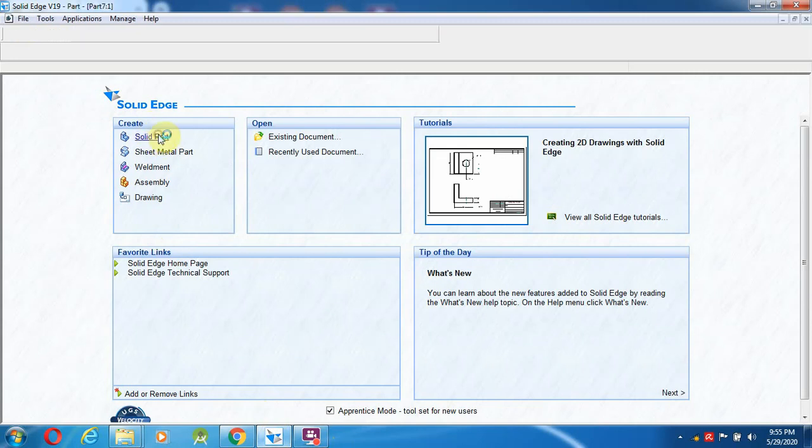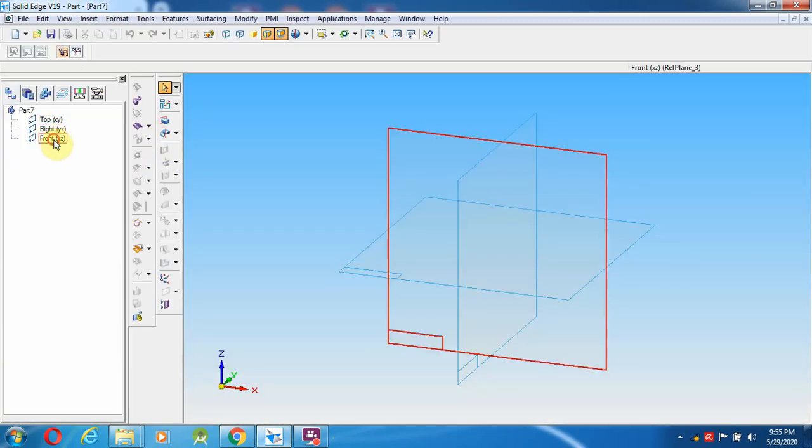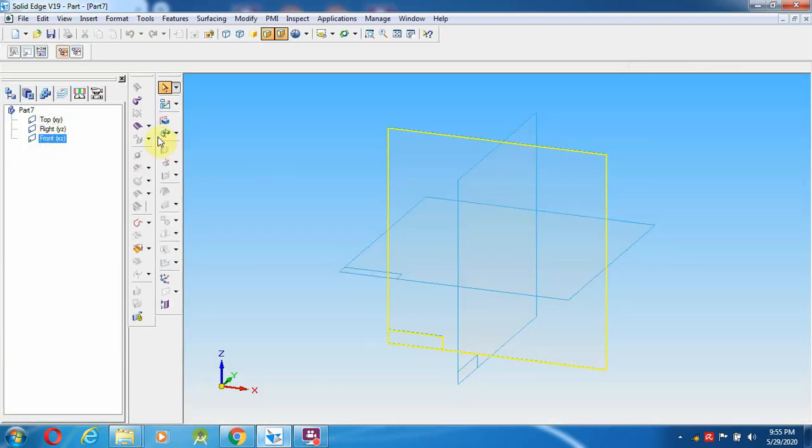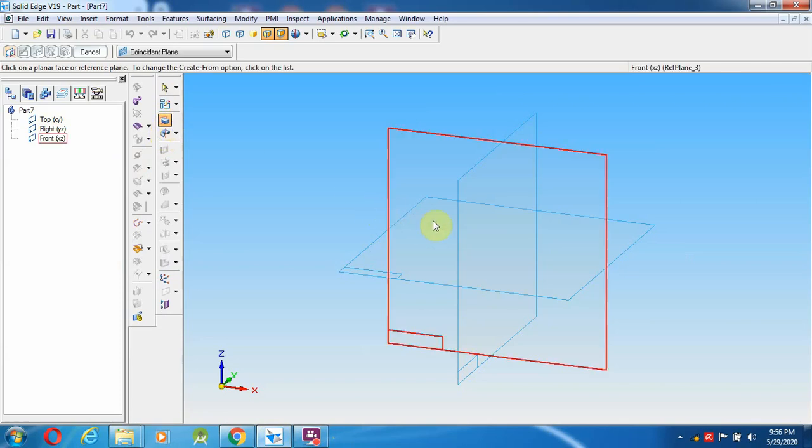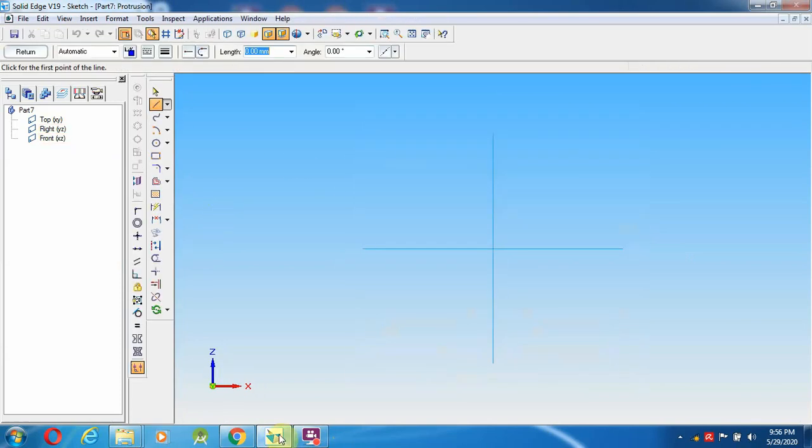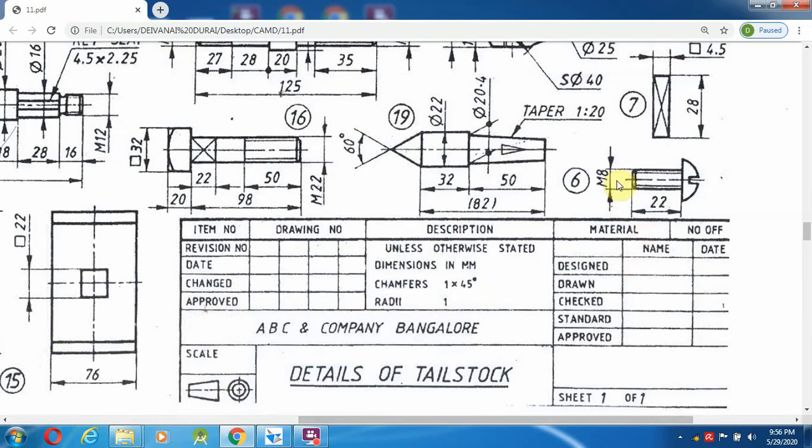Go to the solid part. First we are going to select the front, give the protrusion command, select this one and check over here. So M8, like 20 up to 22 mm distance.